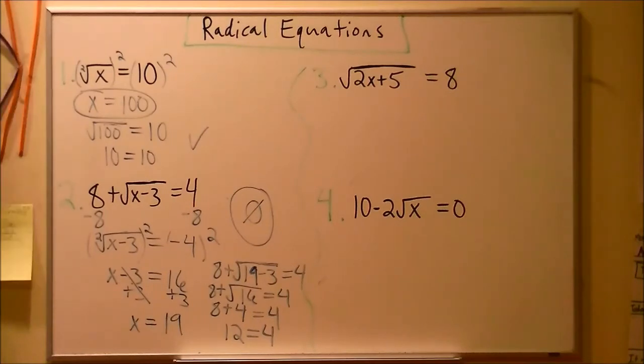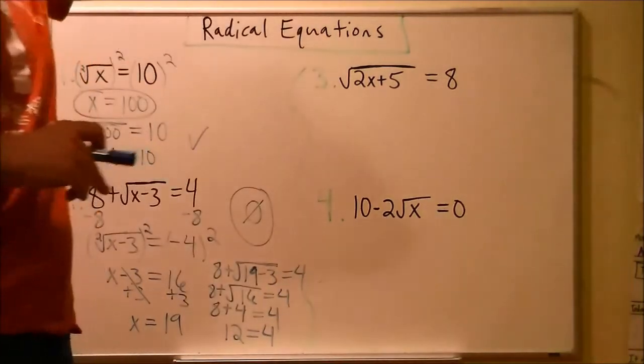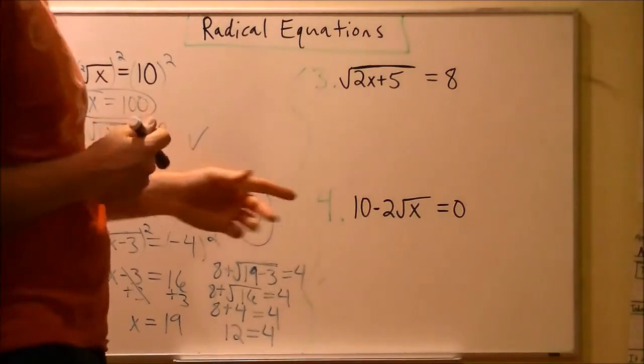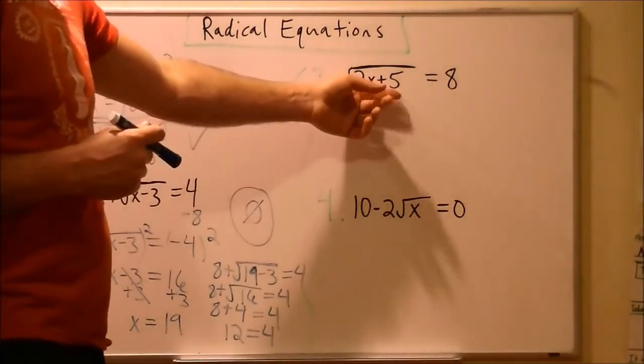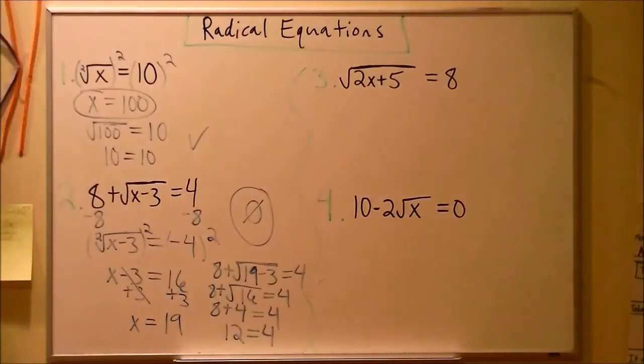So let's try just a couple more, and we'll call it good for not only the day, but also the week. Number 3, square root of 2x plus 5 equals 8. Guys, I can't do anything in this one until I get rid of the square root symbol, because I have to isolate x to solve, but whatever I have attached to x on the left side is a part of the radicand. And so what do I do to get rid of the square root?